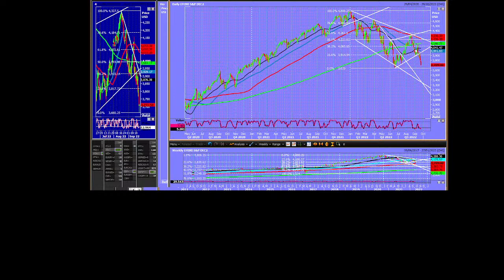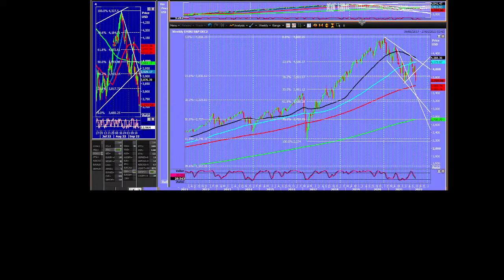So is the projection of the handle, or is the projection of the cup the measured target? Sorry, I should know this. I've only been a technical analyst for 15 years, and I don't even know what the projection is of the cup and handle. But either way, if it's just the handle, then we're looking at 650 points. So even that takes us down to 3,000. That alone is pretty scary, and I do think we'll probably go there. If anyone knows the measured target for a cup and handle, otherwise I could quickly look it up, I suppose.